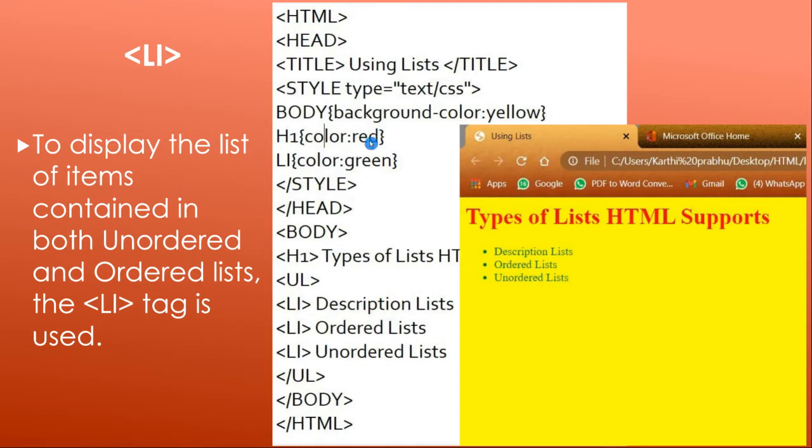Here I've given that in red color, so it is getting appeared in red color. Now see, list items are coming one by one, and you can notice here the bullets are coming automatically. We did not mention any bullets over here. So this is the use of unordered list. This is why we are calling this a bulleted list. Bullets will be added automatically. This is all about unordered list.